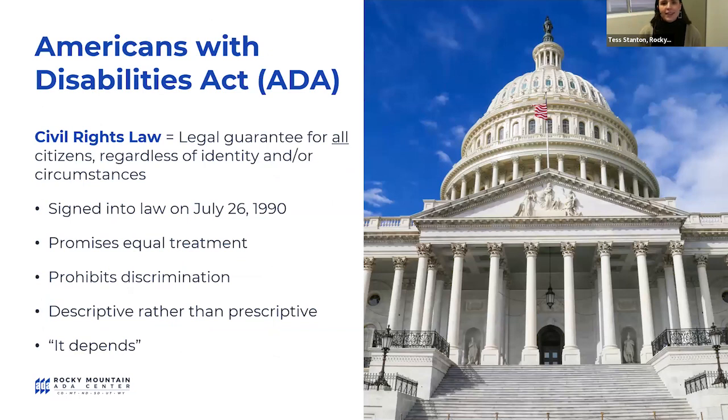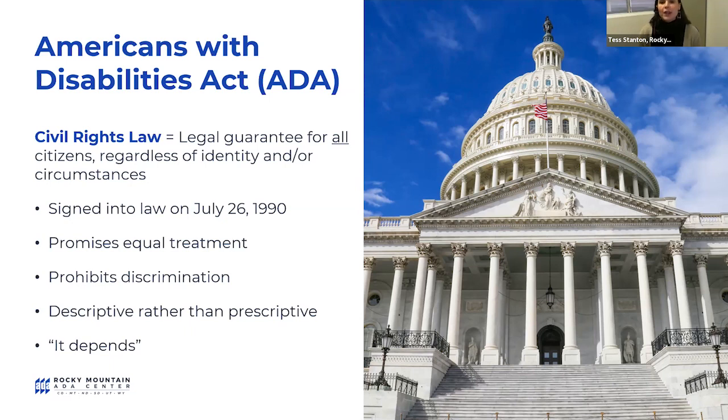Now, a little bit about what the Americans with Disabilities Act is. The Americans with Disabilities Act is a civil rights law, which means it's a legal guarantee for all citizens, regardless of identity and/or circumstances. It was signed into law on July 26, 1990 by President George H.W. Bush. It promises equal treatment for individuals in America in areas of public life, prohibits discrimination in state and local governments, public accommodations, so places that serve the public like restaurants, venues,